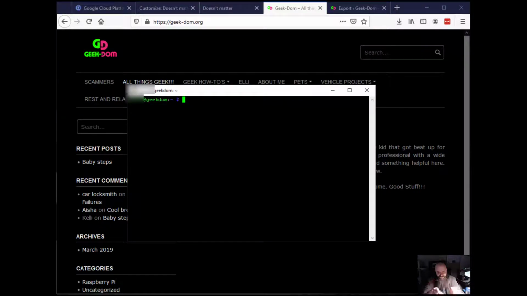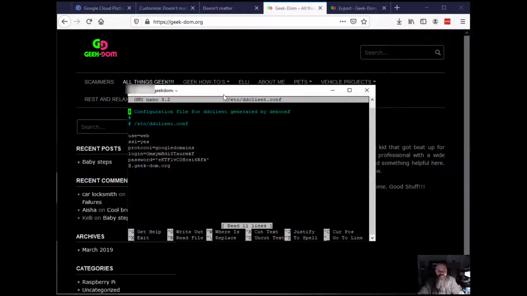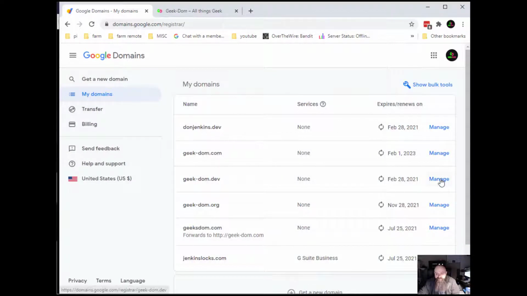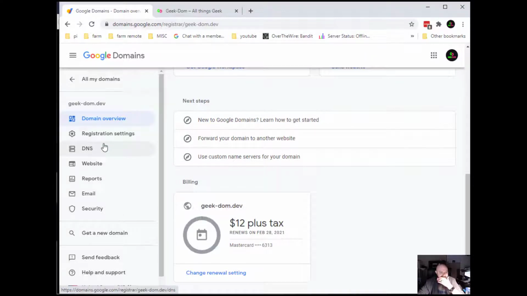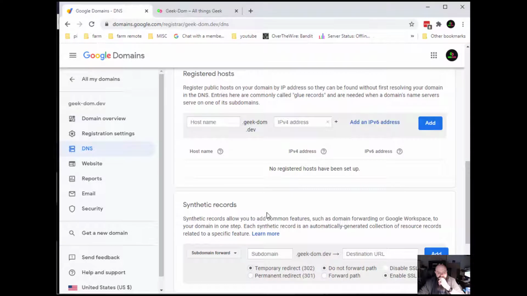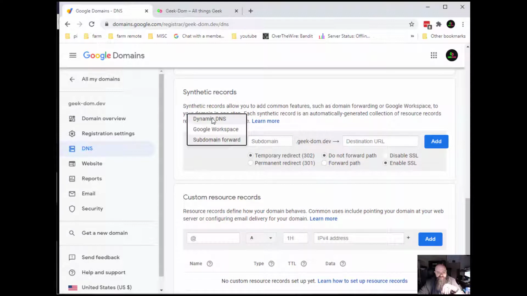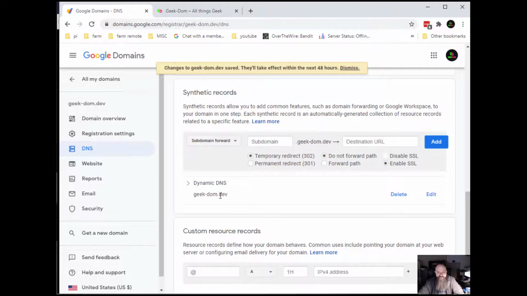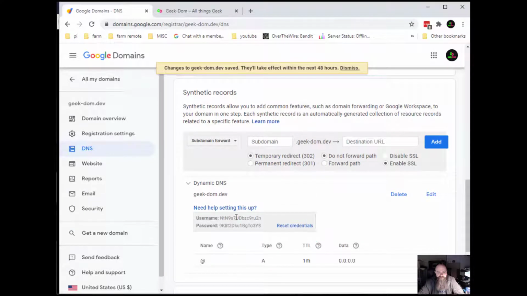So now we need to go into the Raspberry Pi, set up DD client so it points to the new stuff. So sudo nano etc client. We need to get our information from all domains. This is going to be .dev, manage, DNS. Okay, I don't have a synthetic record set up, so let's set one up real quick. Add credentials. And don't worry, all these IPs, all these credentials I'm using, they're all going to get wiped out after this video, so